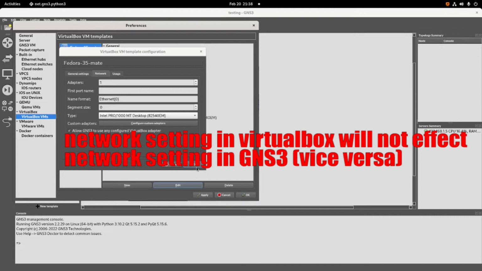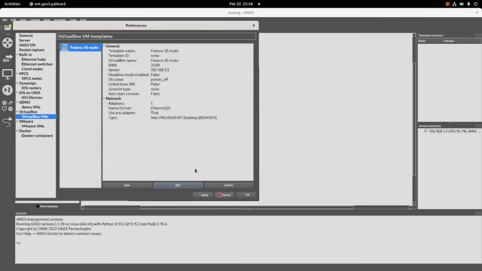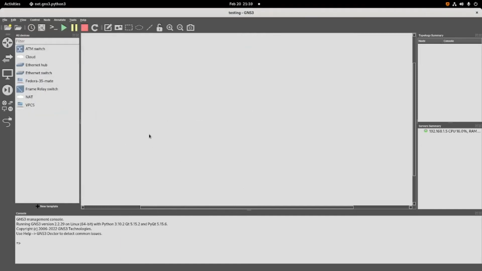Okay, after you check this option and set your adapter, you can click OK and then Apply and OK. After you click OK, you will see there's a template Fedora 35 mate. You can start to make your topology.